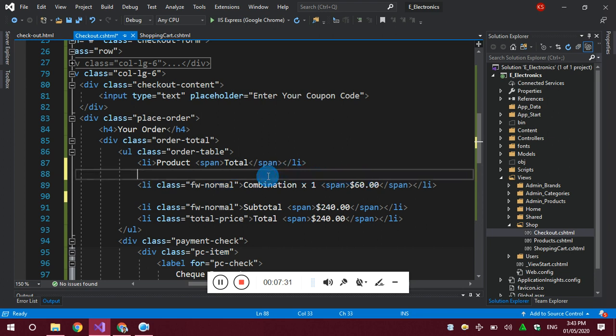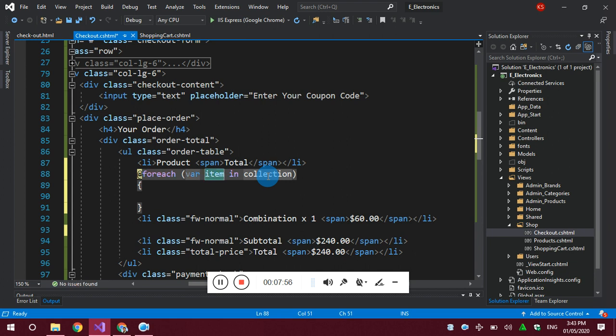I have all the order details which a user has purchased in my shopping cart, so I can use my shopping cart here, which is saved in the session. I'm using Razor syntax. By using a loop, I will call all the items here, a foreach loop. In the foreach loop, double tap to fire the code snippet, item in the collection. The collection is my simple collection which is in my session.